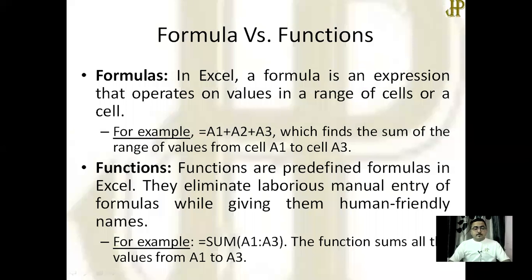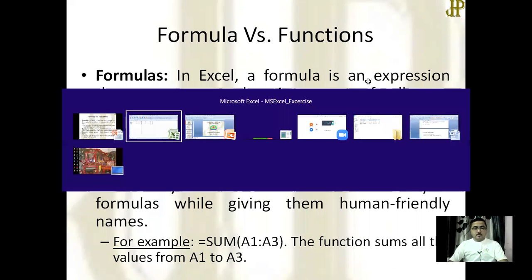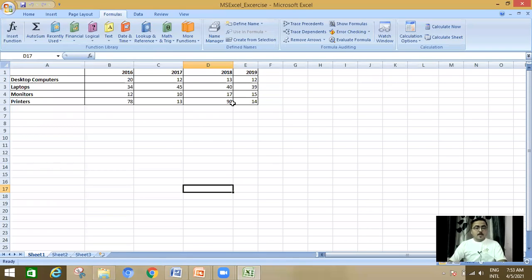So I am going to give you the example. Let's say I have to sum these four records, and the result will be shown in this cell B6. So if I know the formula of sum, I can calculate manually. How? I have to give the formula here in the function bar.